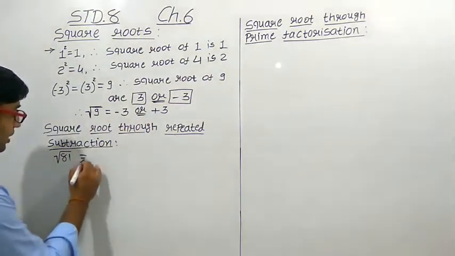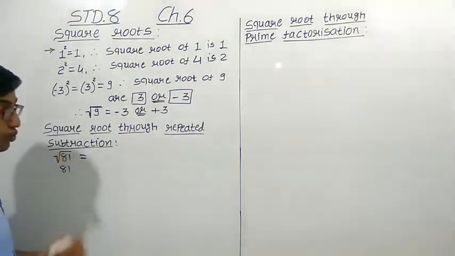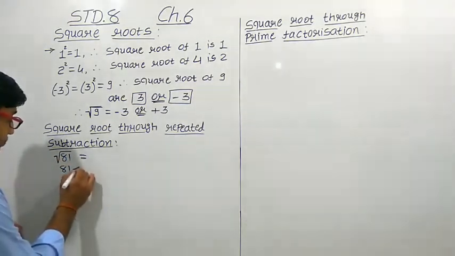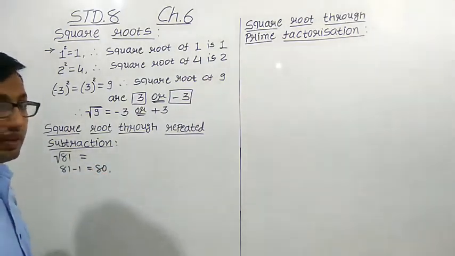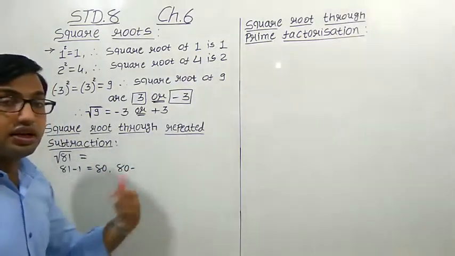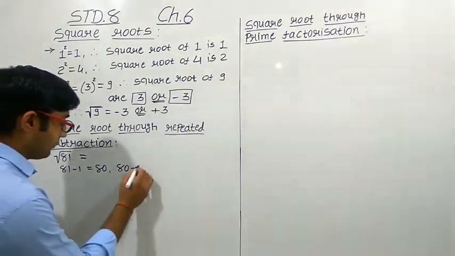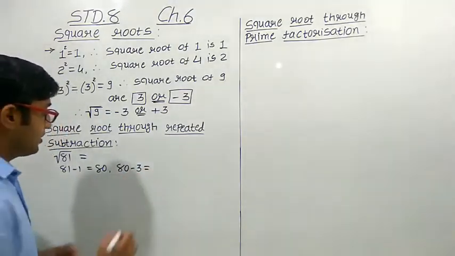Suppose 81 is there. First we subtract the first odd number, that is 1. So 81 minus 1 is what? 80. Right? Now from 80 we subtract the next odd number, that is 3. So 80 minus 3 is